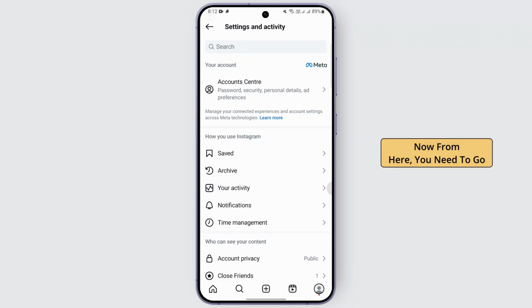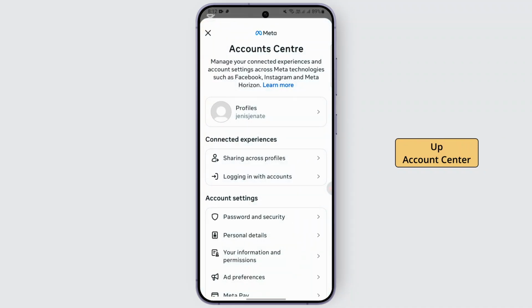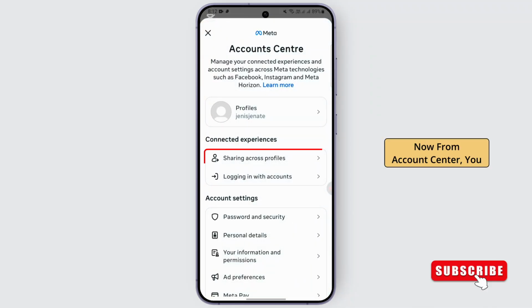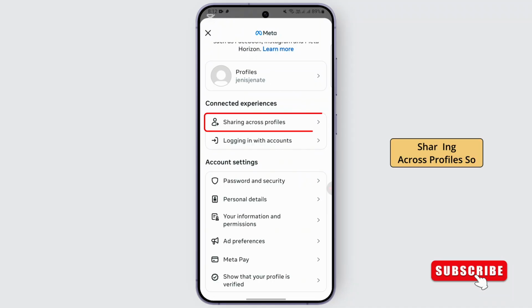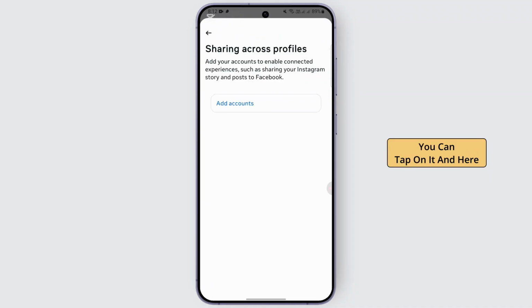Now from here, you need to go over to Account Center. Tap on Account Center to open it up. Now from Account Center, you need to head over to sharing across profiles. So you can tap on it and here you should find your connected experiences such as Facebook account and